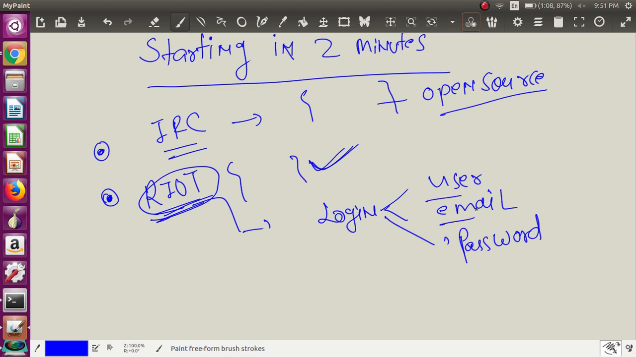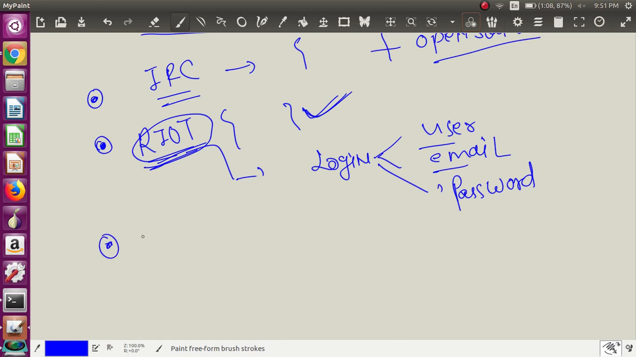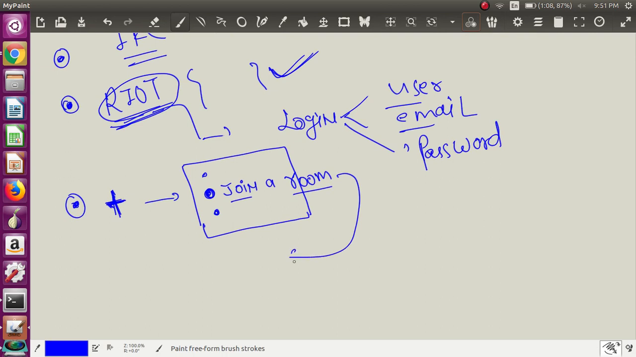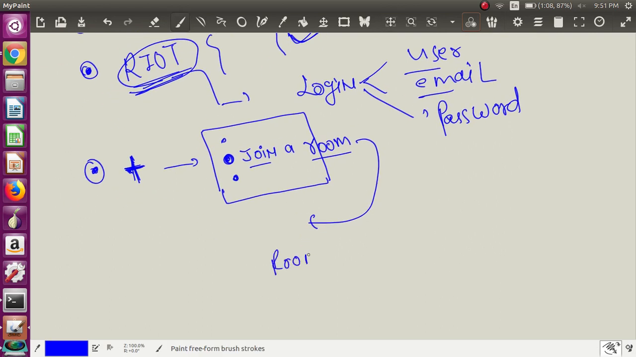When you log in to this application, there must be a plus sign. Click on this sign, and you will find three options. Out of those three options, select the one where something like "join a room" is written. When you select this, it will ask for the room ID, right? So the room ID you are going to enter here is